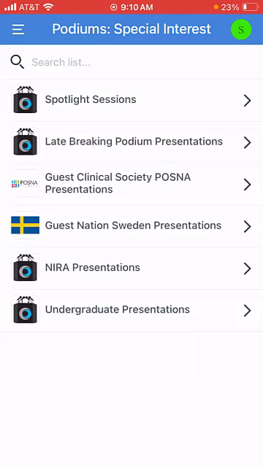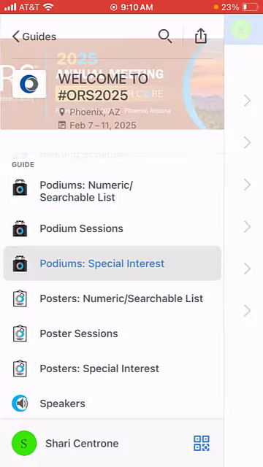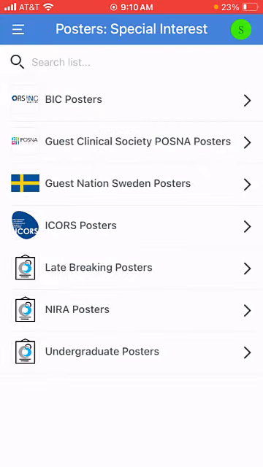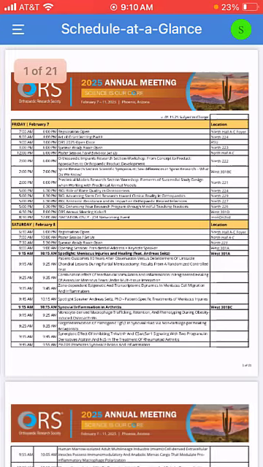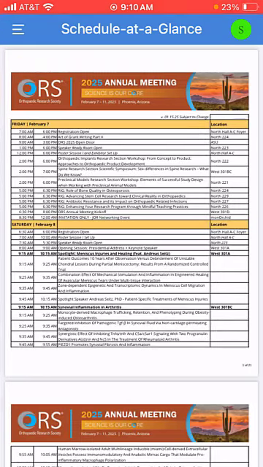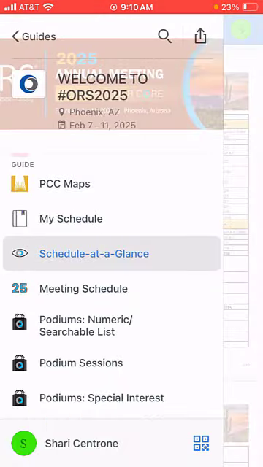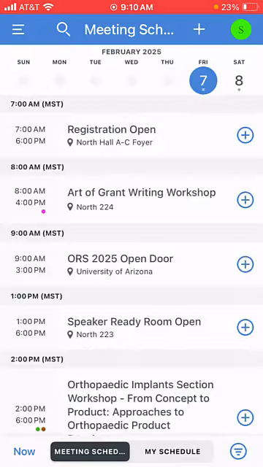And then Podium and poster special interests, they differ a little bit but work similarly. These are the selections under the Podium, and the poster special interests is this menu. The schedule at a glance is here, can be downloaded also as a PDF. The meeting schedule,